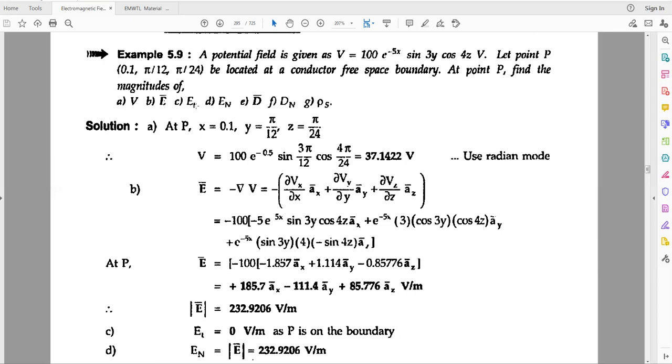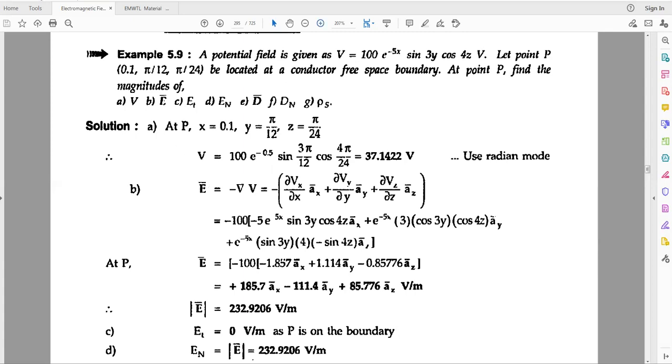What does the E suffix T mean? Tangential component. En is the normal component, and also the D bar electric flux, and Dn is the normal electric flux, normal to the direction, and rho is the surface charge density. So for the given voltage V, at the point 0.1, pi by 12 and pi by 24, it is located at the free space boundary condition. So x is 0.1, y is equal to pi by 12, and z is equal to pi by 24. To find, first of all, the electric field, the V is given,